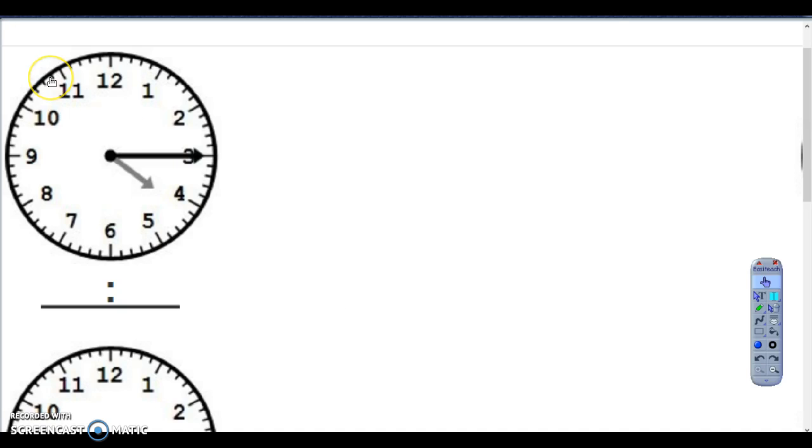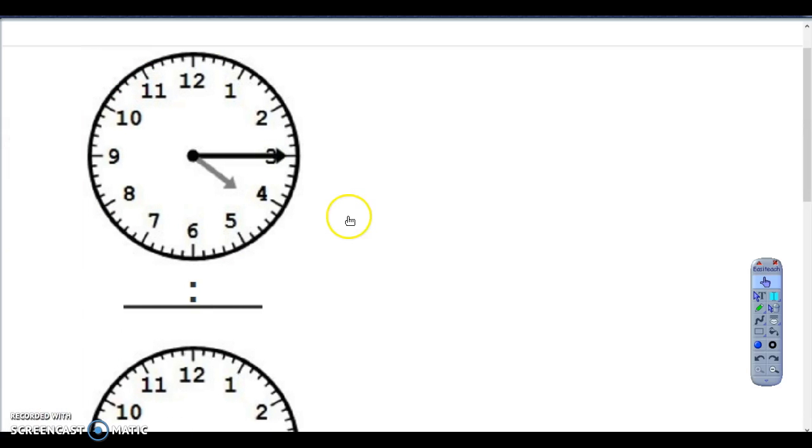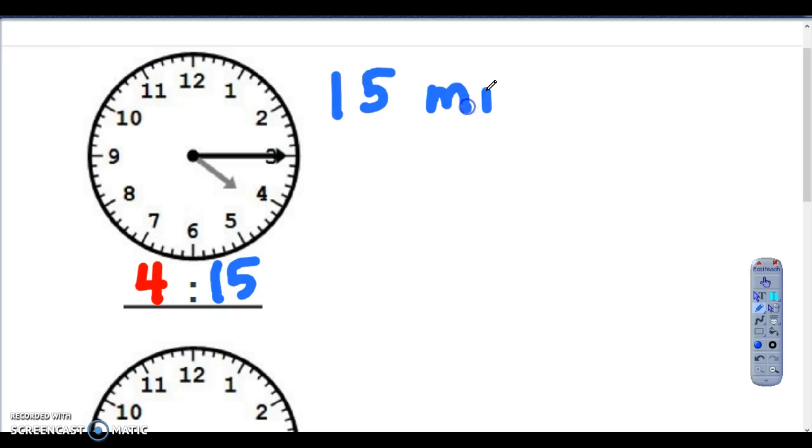There we go. And I'm going to start over here on the left, and then I'll work my way down. Alright, so for this first one, let's just find out the time, and I can see it's in between 5 and 4, so I know it's 4, and then when I look at the minutes, if I was to count, 5, 10, 15. So it's 4:15. How many minutes after the hour? Well, it's 15 minutes